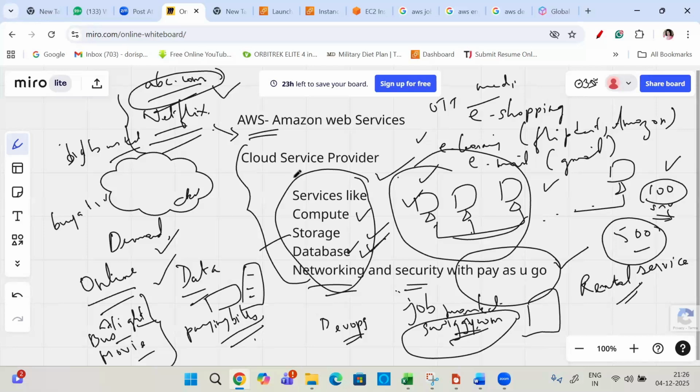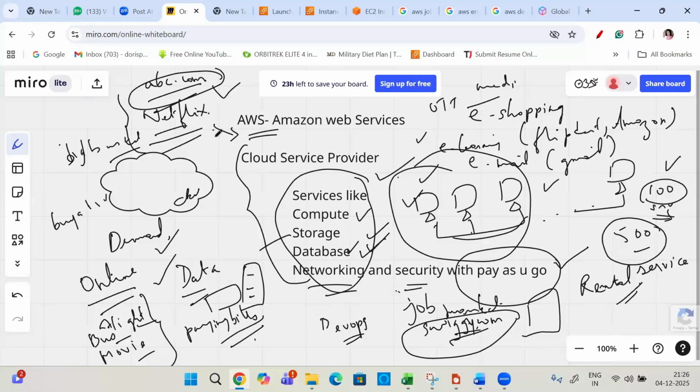Why all this cloud computing is in high demand is because almost all uses have gone online. If I have to book a ticket, e-ticketing. If I have to do shopping, e-commerce, then e-learning, email, e-education, and medical facilities have also gone online. Even entertainment, like different OTT platforms, Netflix, Prime Video.